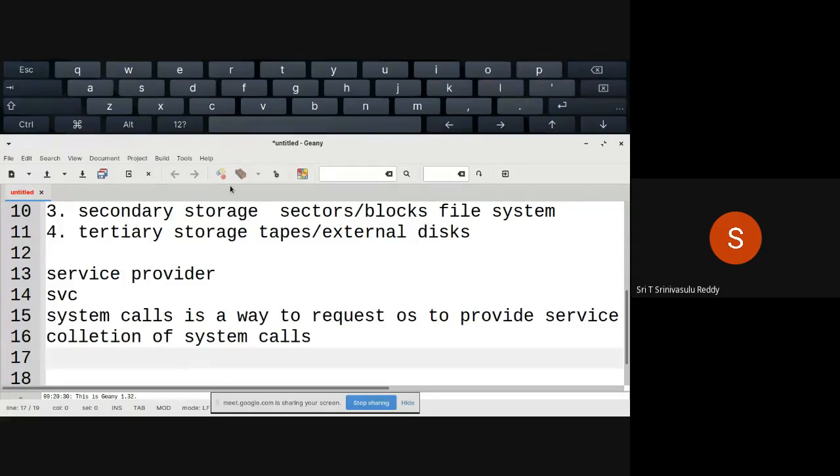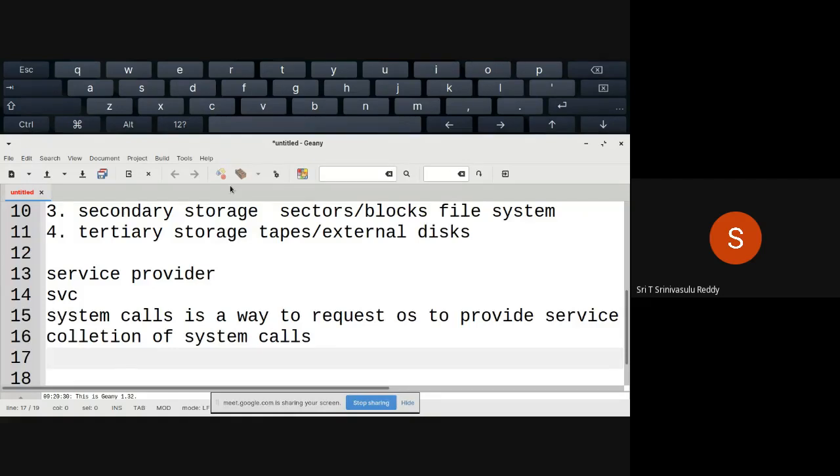So what are the system calls here? Because Unix or Linux is developed using the C language, the system calls will have syntax similar to a function. Whenever you write any C program, it is considered a collection of functions.